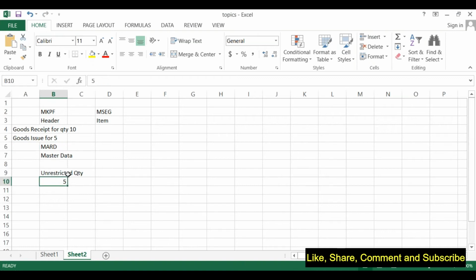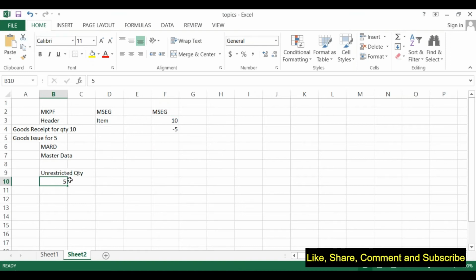Now the question is, why are these totals stored? If I give you a simple example, in MSEG I have two lines. One is plus 10 quantity, another is minus 5 quantity. Whenever I want to run a report on how much quantity is available, can't the system go directly to MSEG, perform this calculation and tell me, okay, 5 is available? Why is it not performing the calculation during the reporting time? Why is it performing the calculation during the transaction time?